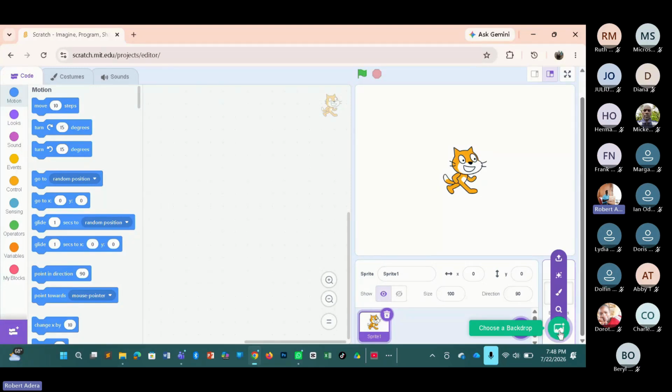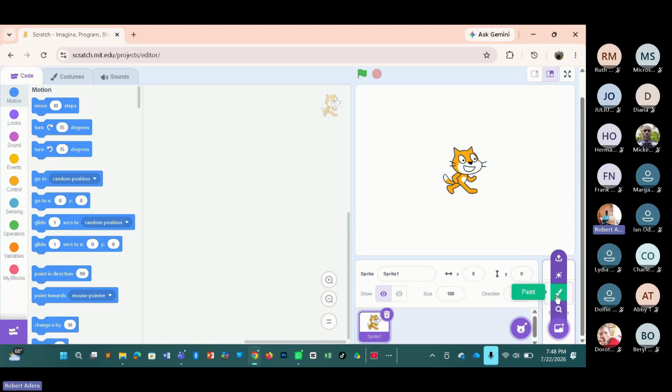So there are majorly three options. One, you can choose the already existing backdrops, or you can choose to design a custom-made backdrop, or you can upload from your machine some background that you already captured somewhere. Probably you captured a good scene, a lake or a forest, and you want to use it as your backdrop. You can upload it from your machine. But now we are going to just choose the existing